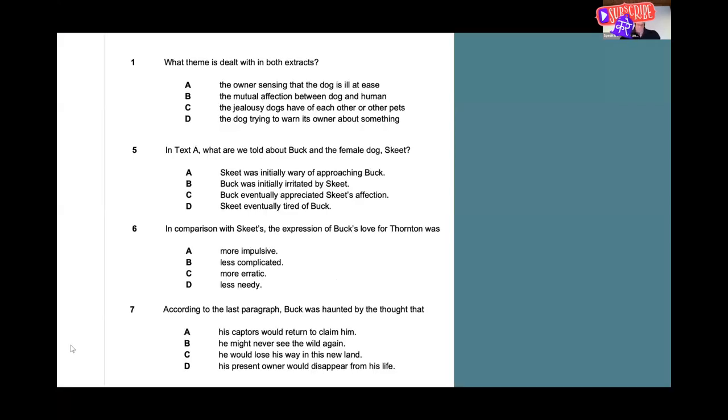Question 1, what theme is dealt with in both extracts? The owner sensing that the dog is ill at ease, the mutual affection between dog and human, the jealousy dogs have of each other or other pets, and the dog trying to warn its owner about something. So immediately, just from looking at the title and the first